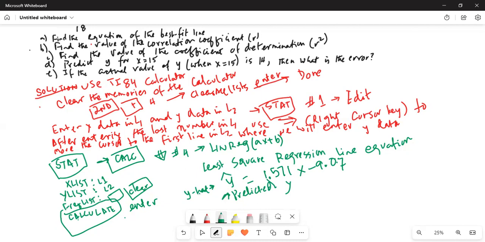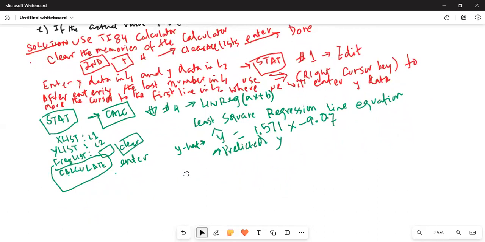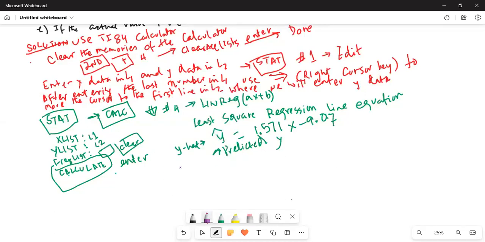Then they say find the value of the correlation coefficient and coefficient of determination. So let me move this up. And that's on the same screen when you did the regression. So that is part C. R is the correlation coefficient. So let me clean this up a little bit. So part C, R is equal to, in the last line,